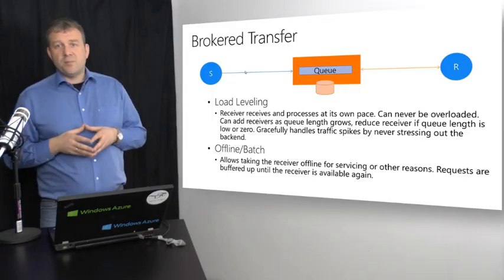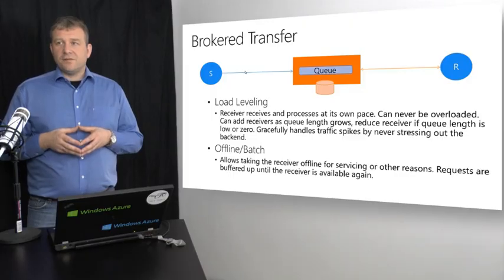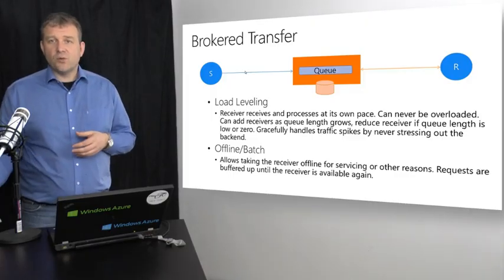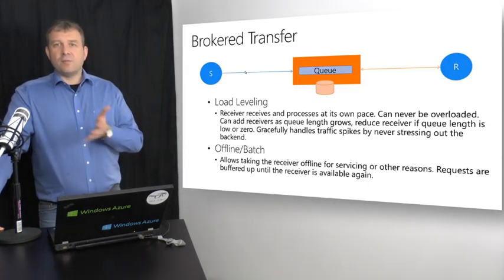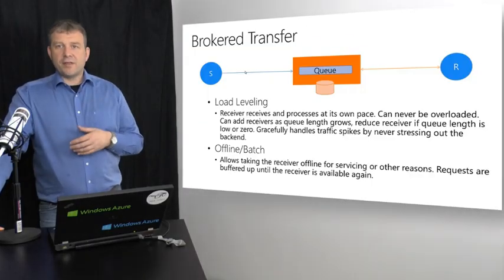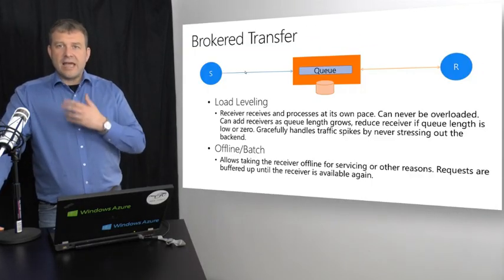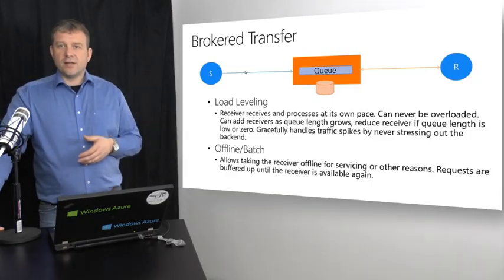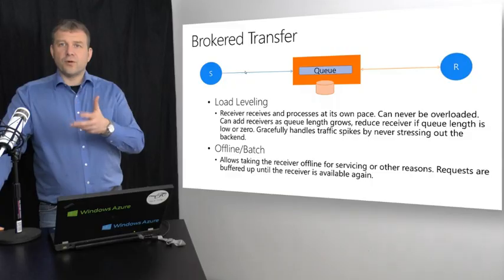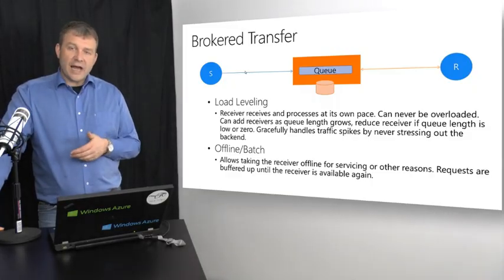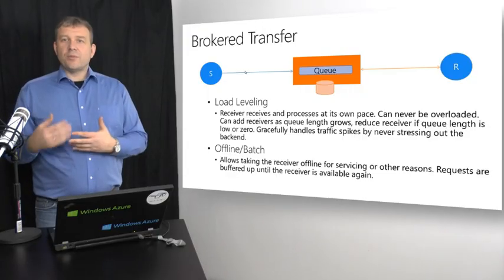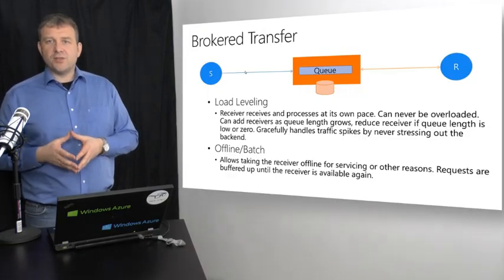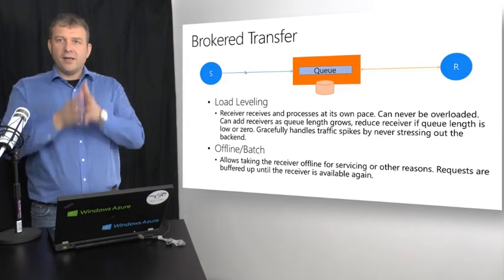pace. So for instance, it might be that you have a shopping scenario where messages are being delivered for end of day processing, and they come from all of your branches. The whole day, everything is quiet, and all of a sudden at, let's say, 8 o'clock in the evening, you get tons of messages in that need to be rolled up for the daily report. Now, if you have this, the receiver at the other end only needs to be able to deliver from 8 to, let's say, 12. It needs to go and roll up the data and produce the result, but it doesn't need to go and deal with all that load, all that spike during that 1